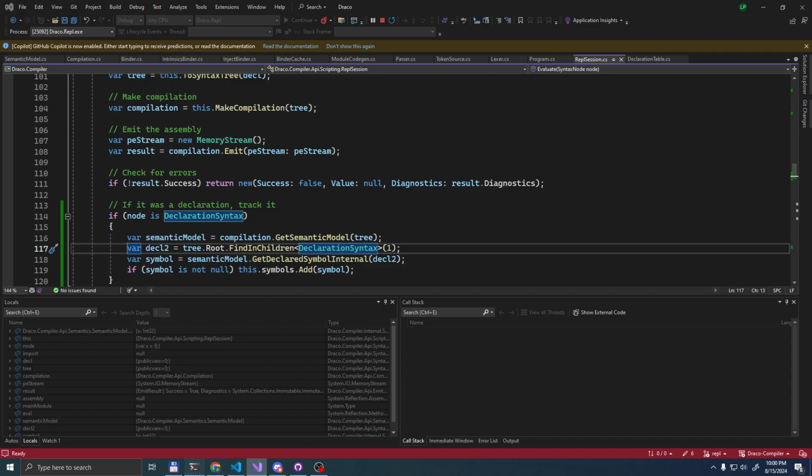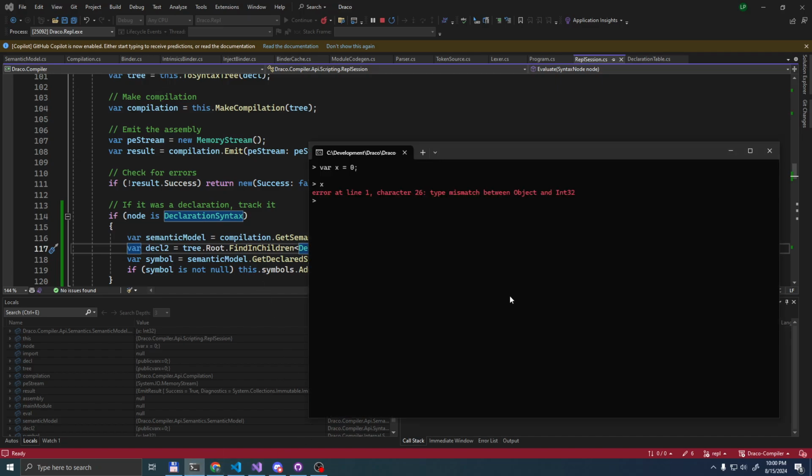We do not allow a cast between an object and an int32. That's really interesting. I suppose it's because we don't do these boxing conversions yet. This might really be annoying to deal with. I wonder if we want to investigate this right now. Let's try a different one.